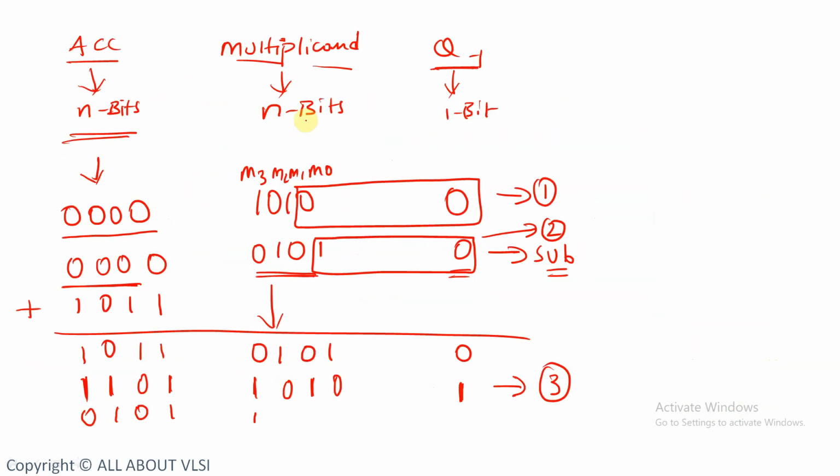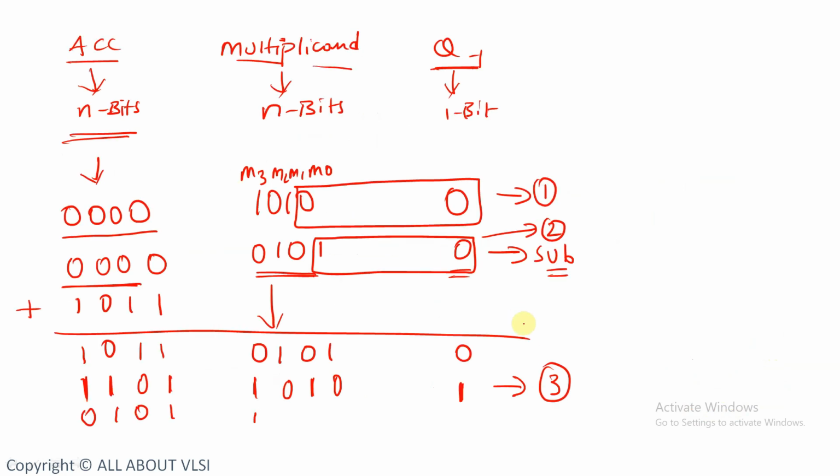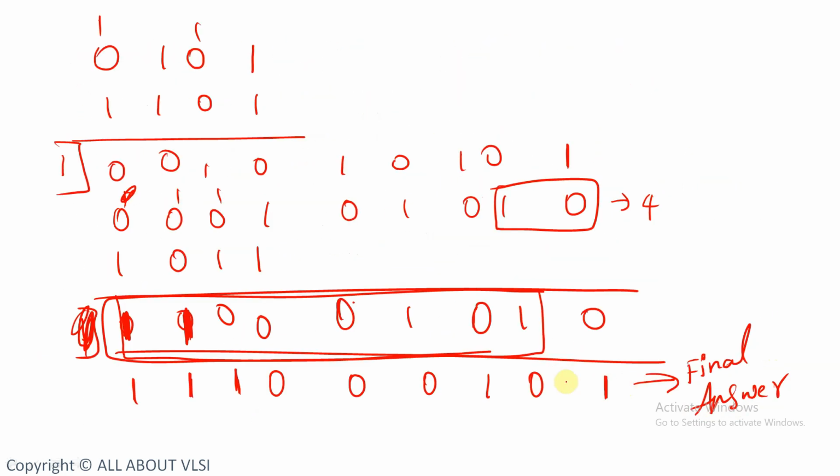So is it matching with our first answer? It is matching. We will not consider this, only the accumulator content and the multiplicand content. That's it. So coming to the architecture which we are going to design, we are going to have